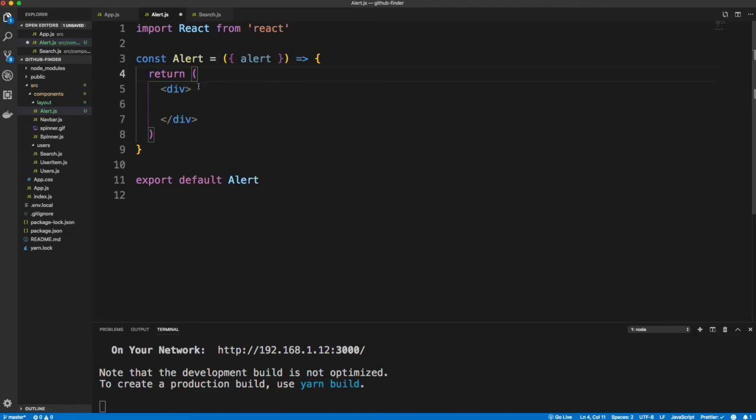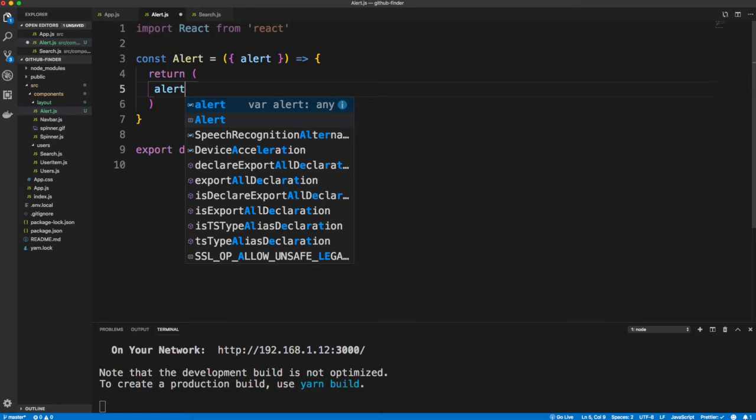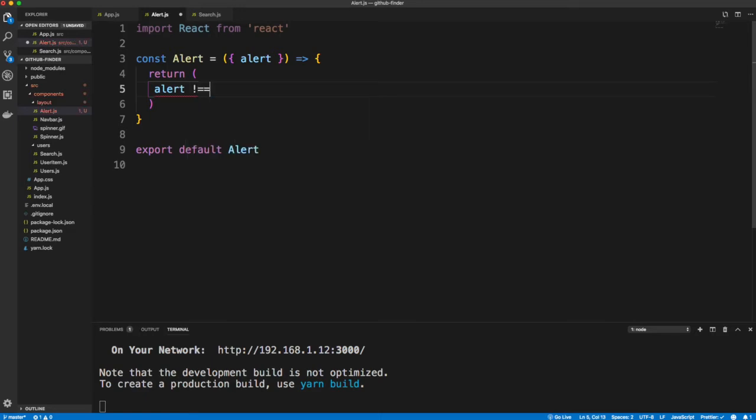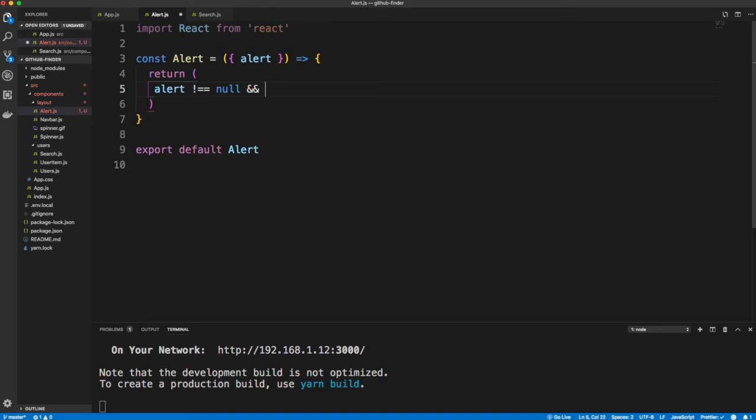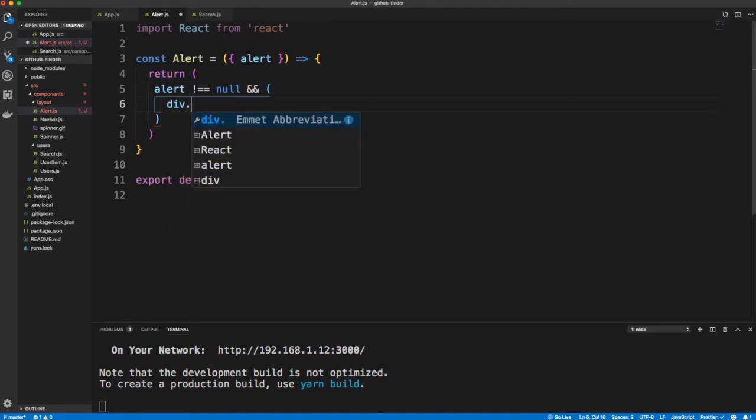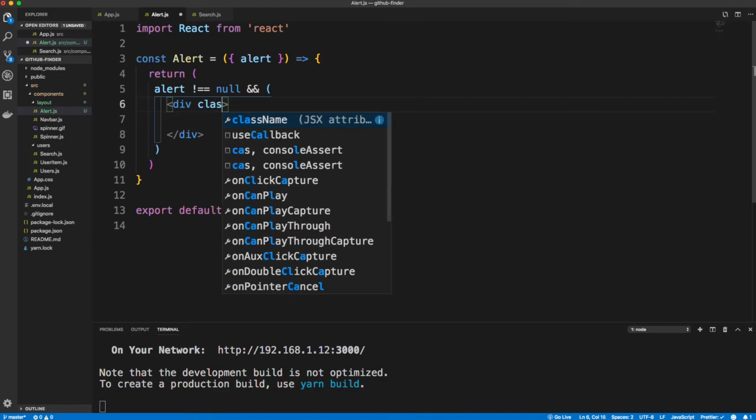So inside the return, let's actually get rid of this div, and we can say as long as alert is not equal to null, then we want to show a div. Let's give it a class. Actually, the class is going to be dynamic, so I'm just going to put a div here, and then let's say className,